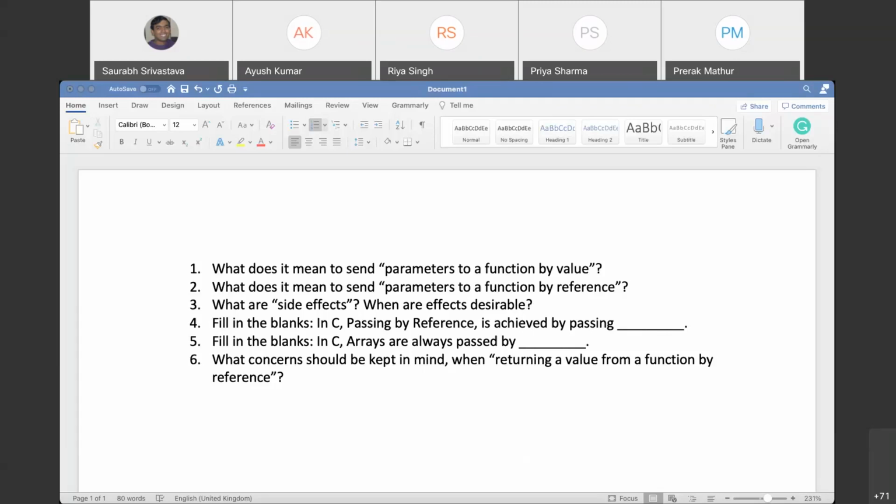So I'm assuming now that you guys are good enough to use functions. I expect that you'll be able to write your own functions without any problem, that you understand in what cases you would probably use call by value, and in what cases you would probably use call by reference. This part is not a very complicated concept as such, but still it needs to be known, right? So I'm assuming that it has gone through. You now understand what it is.